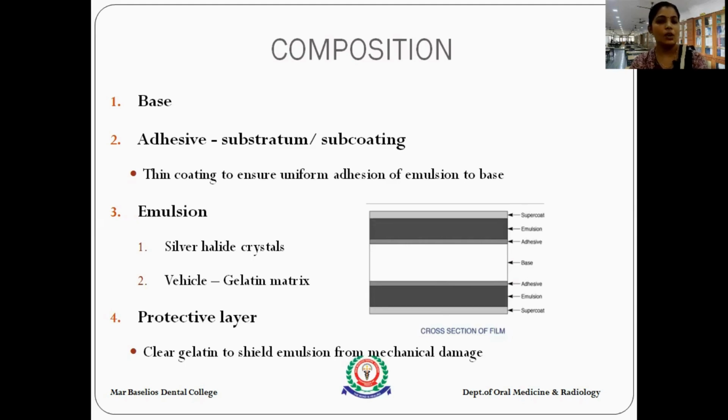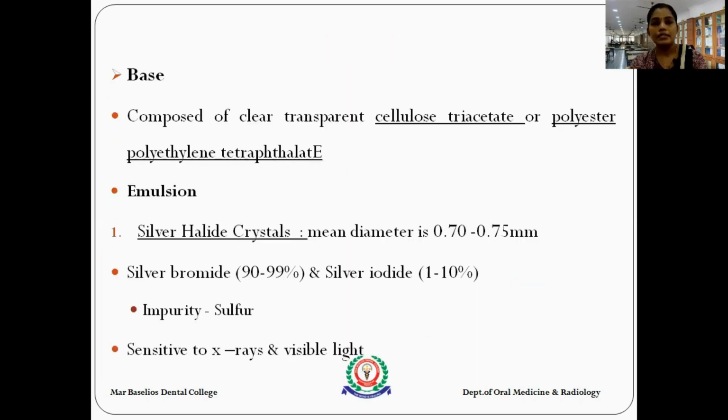So this is a cross-sectional picture of an X-ray film. You have the base, you have the adhesive, you have the emulsion, and a supercoat or a protective layer. And the base, as I told, is a clear transparent structure which is made up of either cellulose triacetate or a polyester, polyethylene terephthalate. That's the